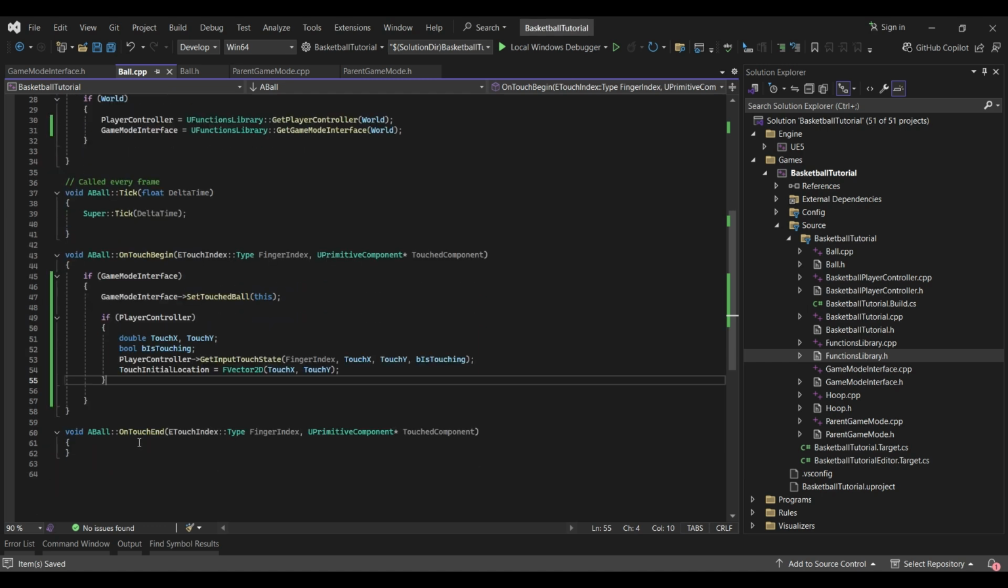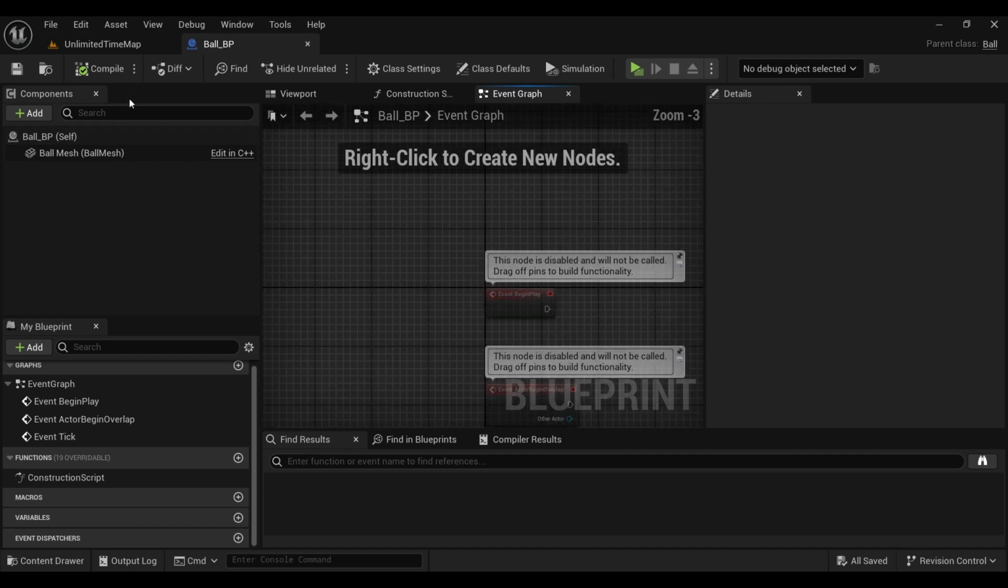Okay. Next, on touch end, we actually do not need to launch the ball. We need to set the touched ball reference to null. We need to invalidate it. And why am I doing this? Because the touch end doesn't actually mean the ball was launched. Let me show you